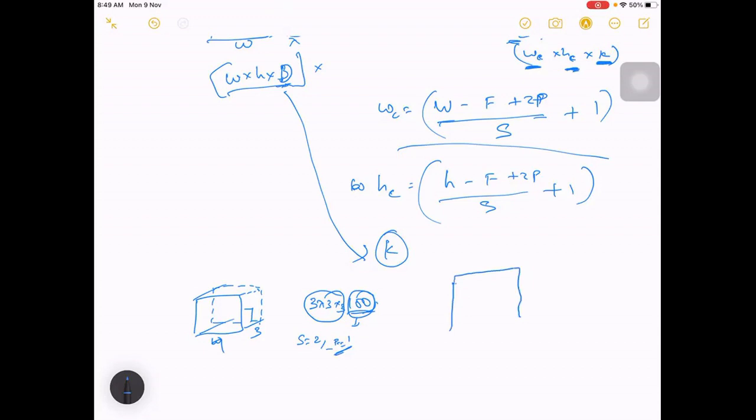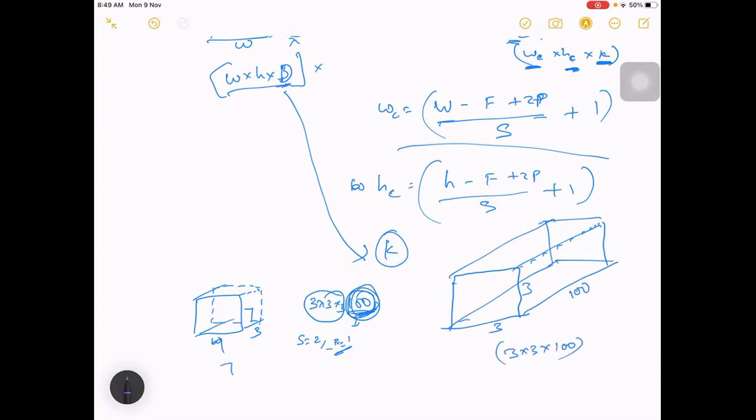Your output size will be 3 cross 3. I'm trying to relate to the same example shown in the animation. This is 3 by 3, but because you have 100 filters here, your depth will increase. So it will be 3 cross 3 cross 100. From just 7 cross 7 cross 3, it has increased enormously. We are increasing the depth of the layer here. This is decided by defining how many filters you have. So this is how it is done.